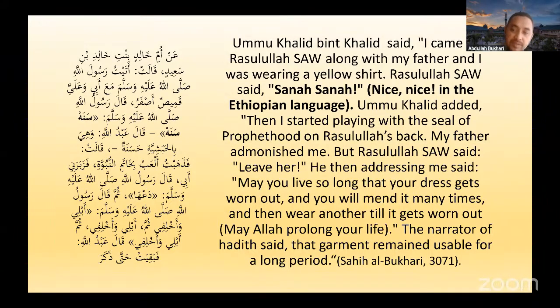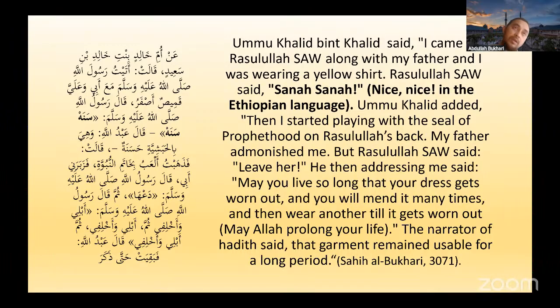He then addressed me saying, "May you live so long that your dress gets worn out, and you will do so many times." And then, when another one is again worn out, it gets worn out. The meaning of this hadith is, may Allah prolong your life. And then the narrator of this hadith said that the garment remained usable for a long